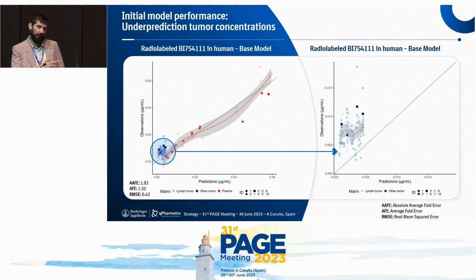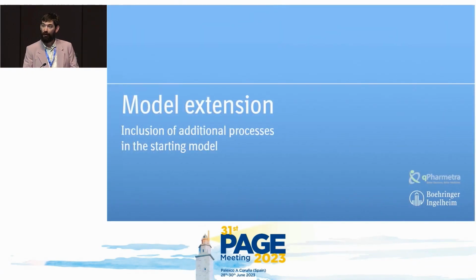And if you think about the model structure that I just showed and the processes I was describing, it makes sense. We're missing some things that are not here, which are peculiarities of LAG3. And we, of course, also realized this and went into a model extension step to include these processes. And I will take you step by step through what we actually did.